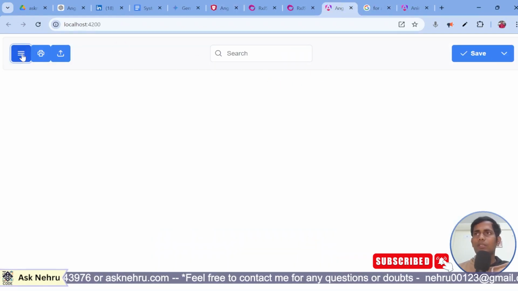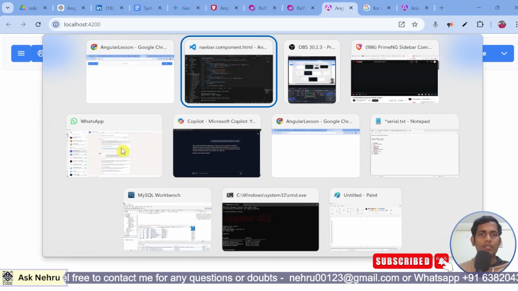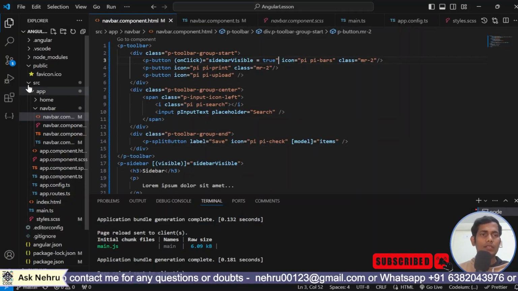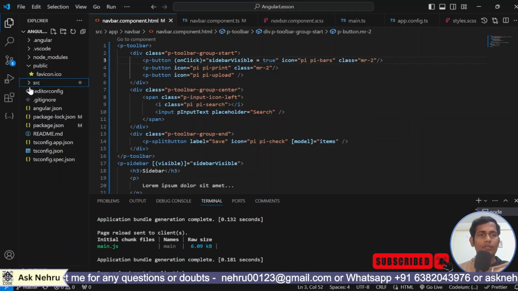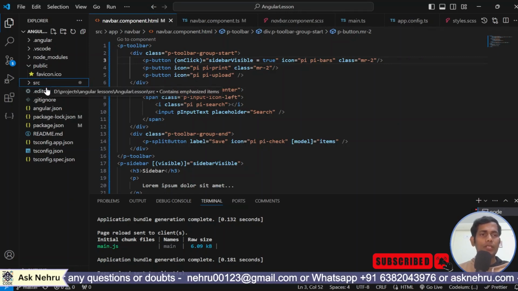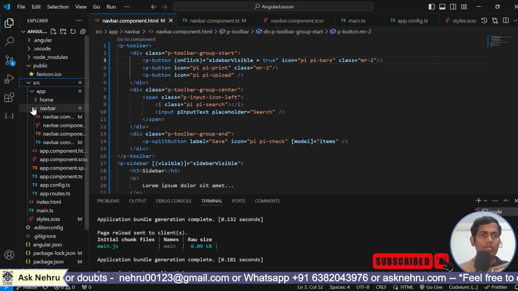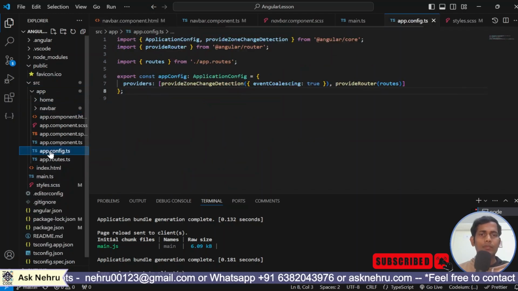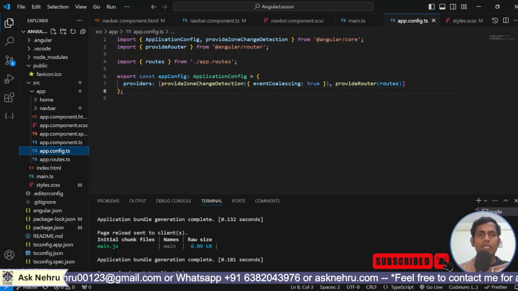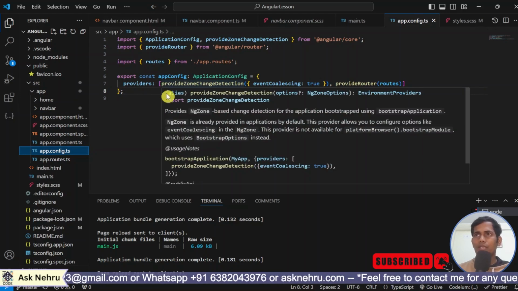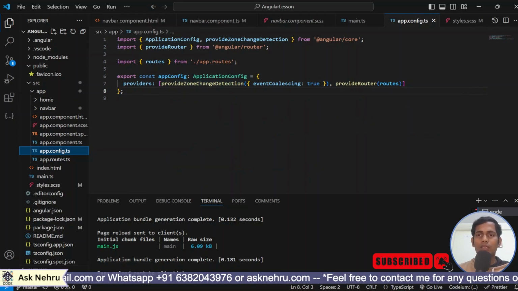When I click this one, the sidebar is not appearing. There is a reason guys. In our Angular 18, there is a feature which is added. That feature we have to configure in the config.ts. So for that we need to go to source, and there is an app.config. There is an application configuration array. I mean within the providers array, we should give